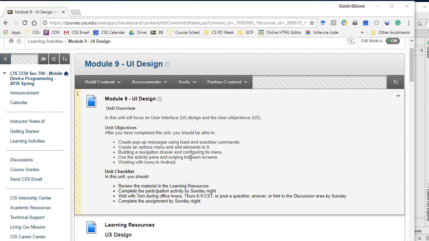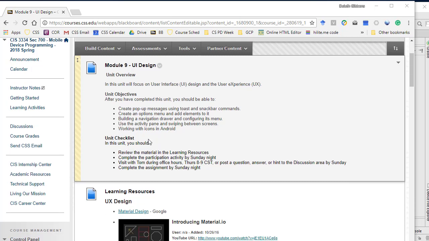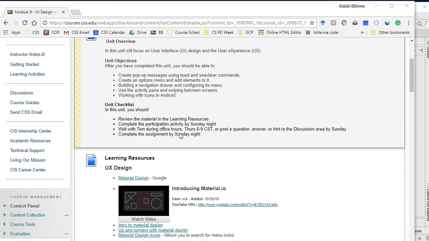In Unit 9, we're going to look at user interface design, or sometimes called user experience or UX design, particularly related to Android. Now, this is an area where you can certainly take an entire course. In fact, there are entire majors devoted to this entire job category. So, unfortunately, we will just brush the surface of it and try to relate this to some of the Android